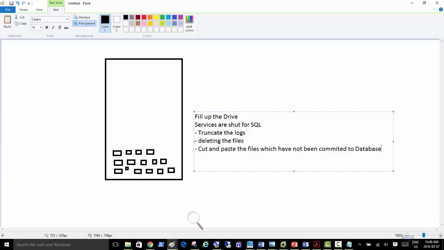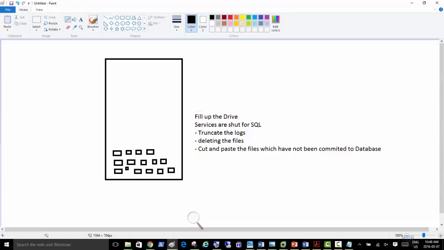So suppose I go to this diagram, and these log files have put all their data in the database, so this means they have committed the data. They have committed, but these last ones were still in the process of shifting their data to the database when the database crashed. So when you try to recover the database, you need these last files which had not yet transferred their data to the database. That's why we cut and paste. We don't know which files have committed their data to the database and which have not, right? So we don't go and delete the files.